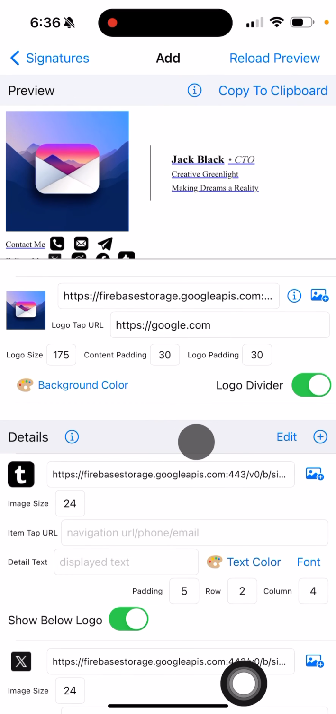So anyways, that's pretty much how to use the app. Let me know if you have any questions. Send me an email. Creating an email signature is a little bit complicated by nature, but I really hope